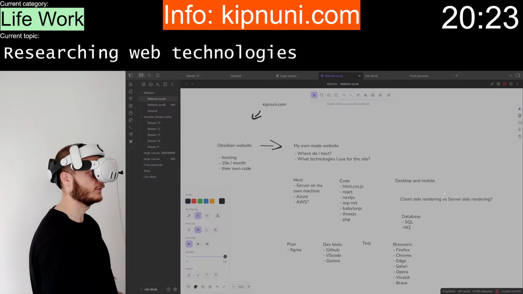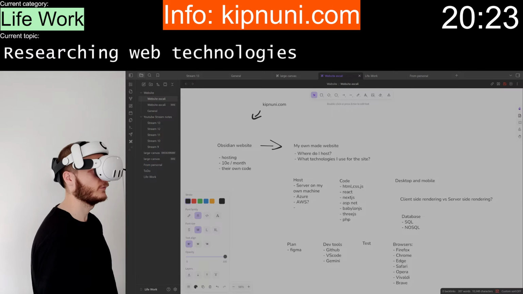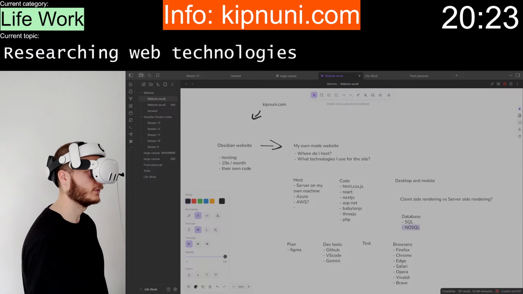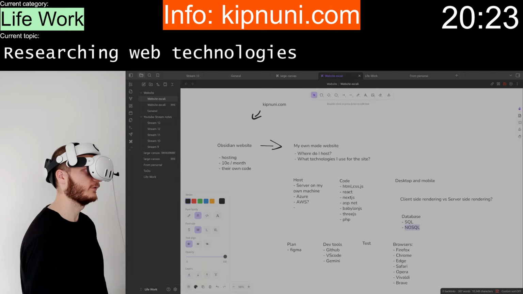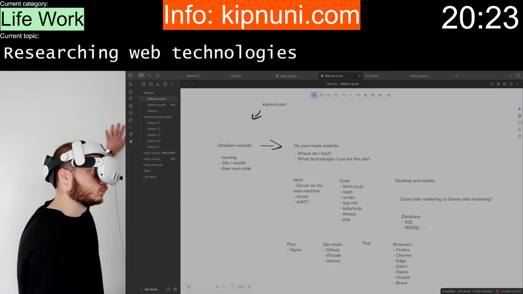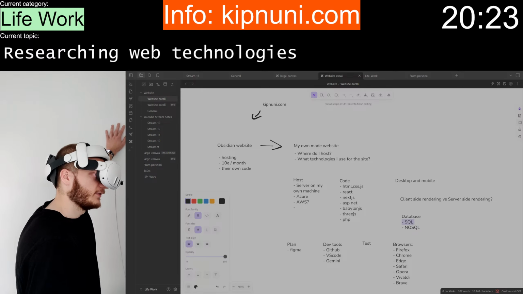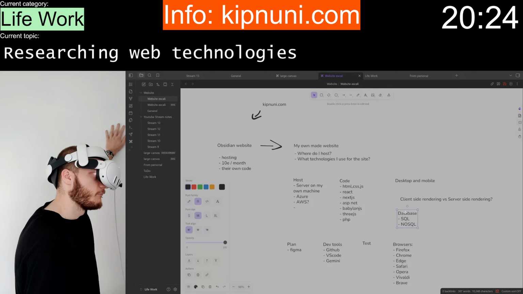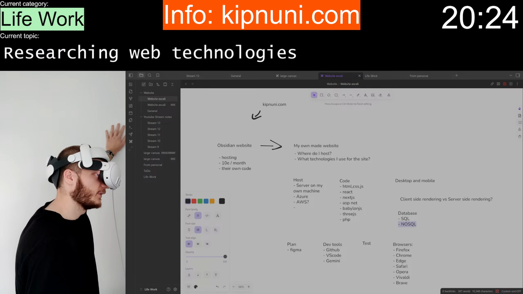I'm not even certain if this is the correct way to compare or just choose structured versus non-structured. It will depend on the data. What kind of data is stored? So I have no experience on this.